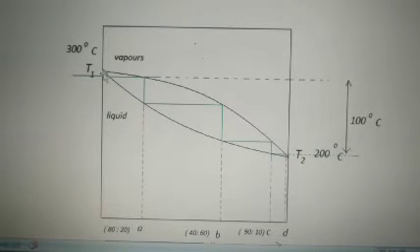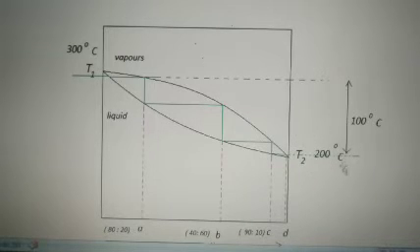So coming back to this here, until 300 degrees Celsius temperature is reached, we can't say that T1, one component, is boiling. Or prior to 200 or 180 degrees Celsius, the liquid will not boil at all, because the component having the minimum boiling point is 200. So until the temperature reaches 200, the second component will not boil.